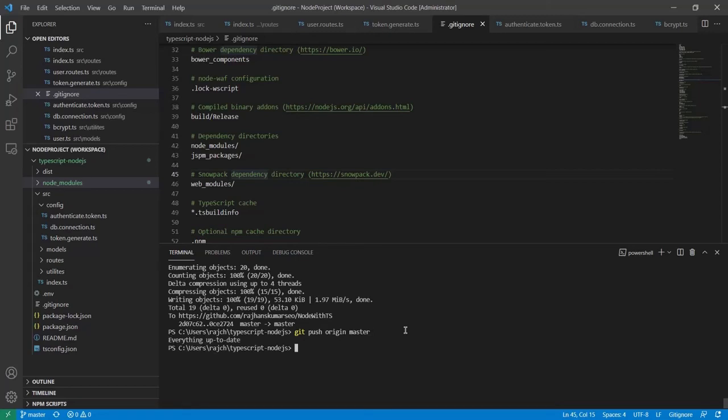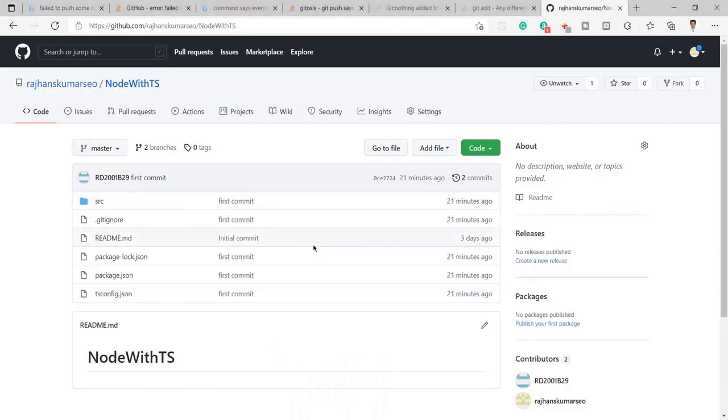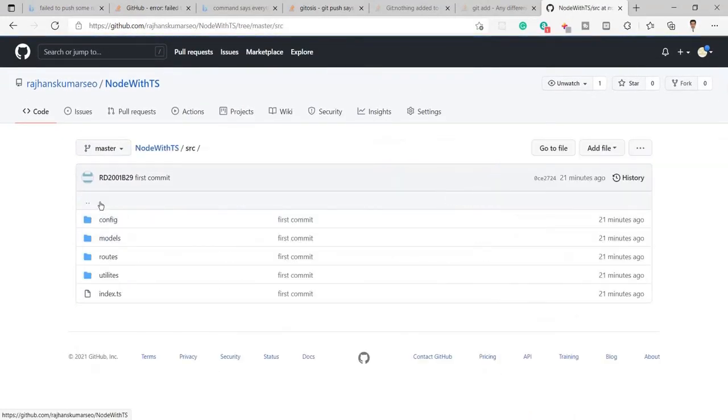Once I run this again, you can see everything is up to date, because I have just committed to GitHub. You can see the last commit data and the repository URL, and it did not ask me for the credentials. But when you do this for the first time, it will ask for your GitHub credentials, and you have to enter them, and then all the files will be uploaded. Now you can see all the files are here, the files on which I am working right now.